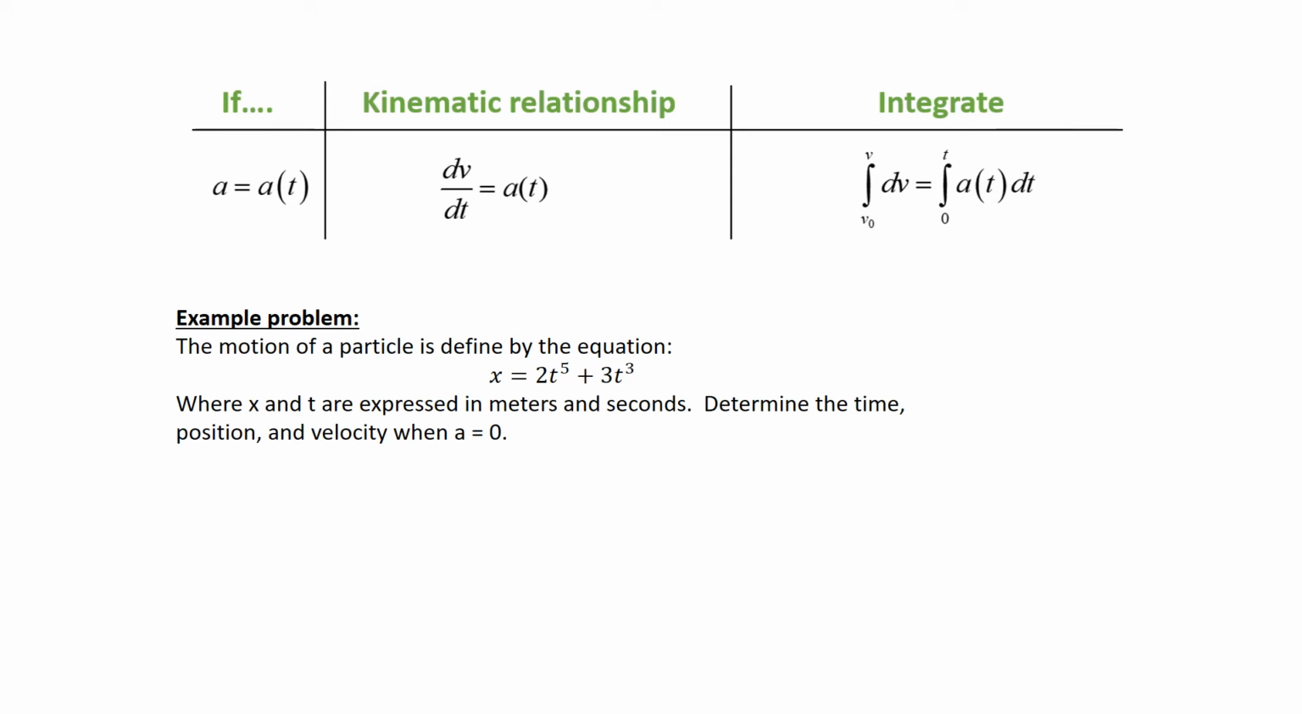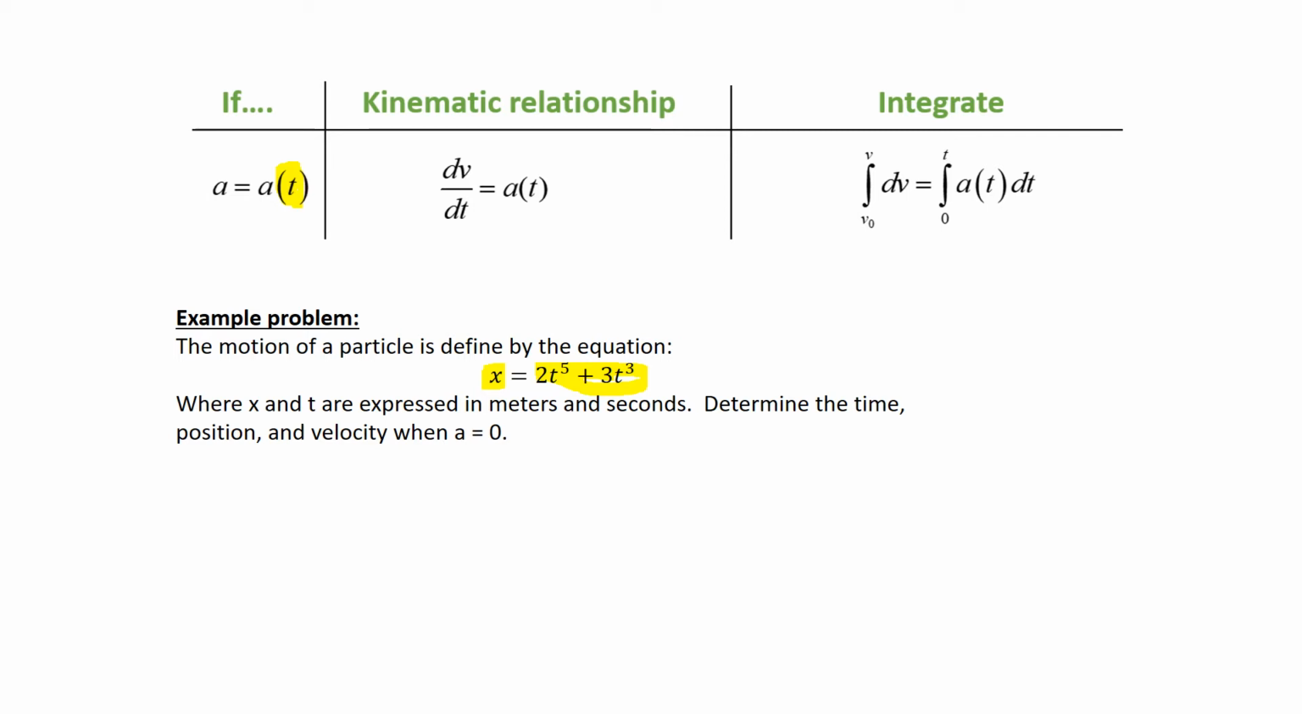Okay, so here's an example using the first scenario where we have a problem involving something changing with time. In this case, we're given position as a function of time. So here's our position of a particle, there's time in here. So x is expressed in meters, time in seconds, and we want to know the time, position, and velocity when